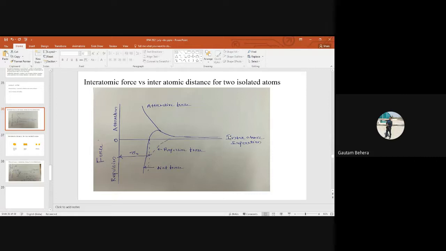So basically, when initially two atoms are far away from one another, there is no force actually acting on them. But the moment the two atoms approach one another, force will be acting on the two atoms by one another, right? And two types of force, attractive and repulsive. Initially there will be attractive force, that's why this curve is like this. But after some time a repulsive force will be acting, right? I'll explain further in the next curve. And you can see this is a distance R0. I will talk about R0 in the next slide.